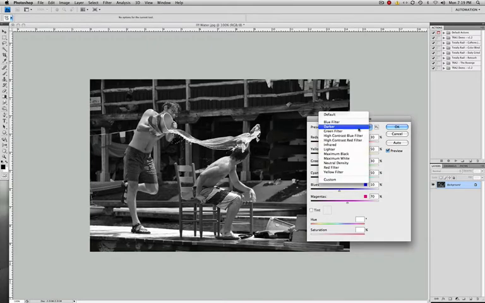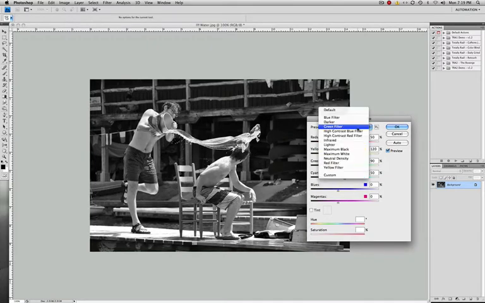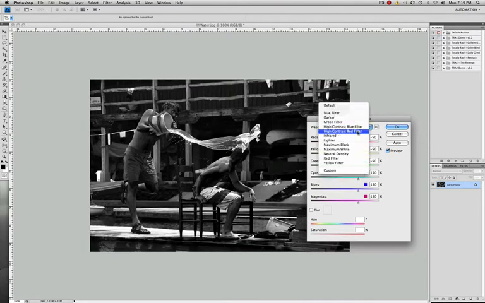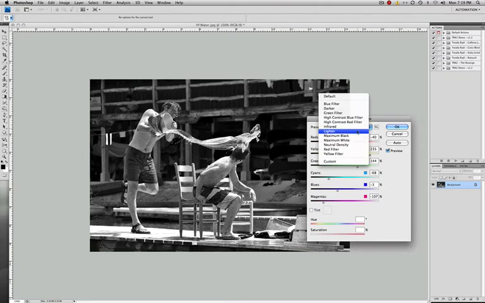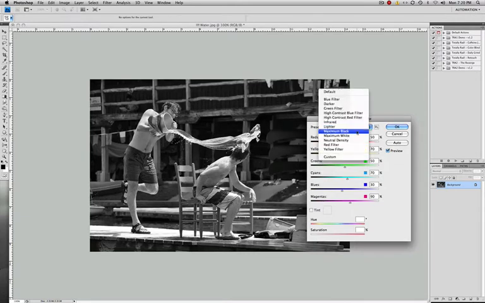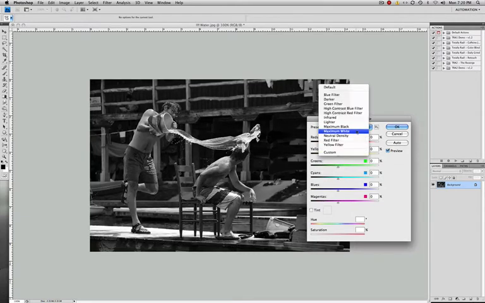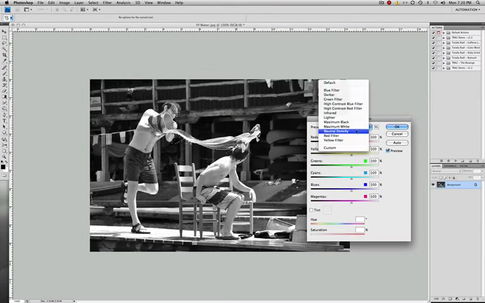I don't need to read all these to you, but as you go through and you play with them, you'll notice they give you all kinds of different types of black and white pictures. Once you have what you like, you can then save it, and you're good to go. And we'll talk about saving stuff here in a minute. So once you hit the one you like,